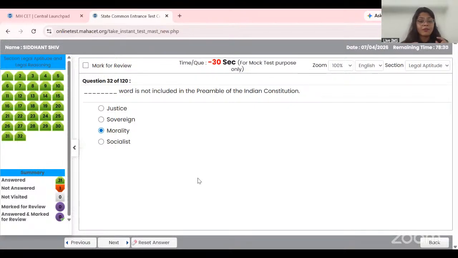So what we have to do is focus on elimination instead of focusing a lot on finding the correct answer. Focus on eliminating the options. That gives you more chance of getting the correct answer. So yes, we have solved one paper for today's session, and we'll continue and discuss more such papers. I am waiting for all of you to answer my questions.